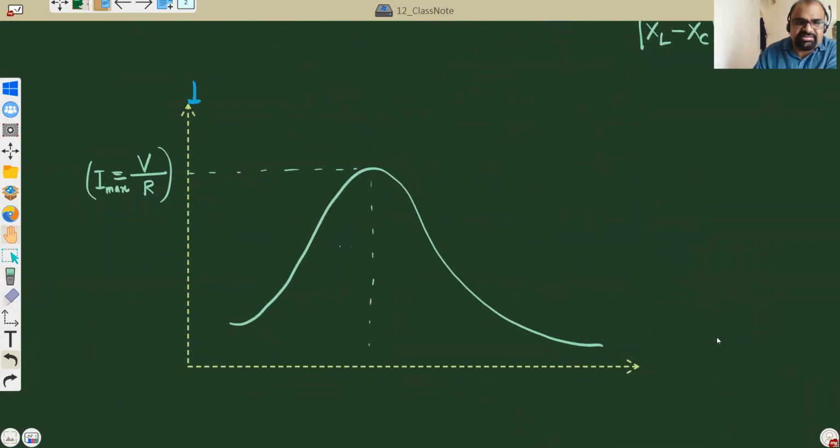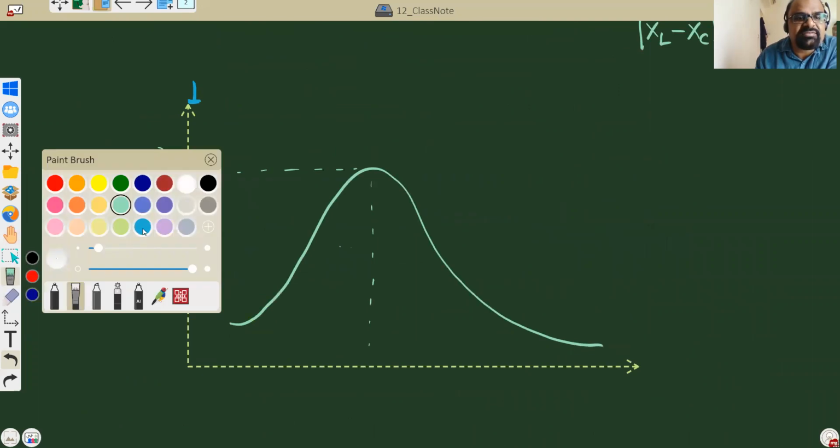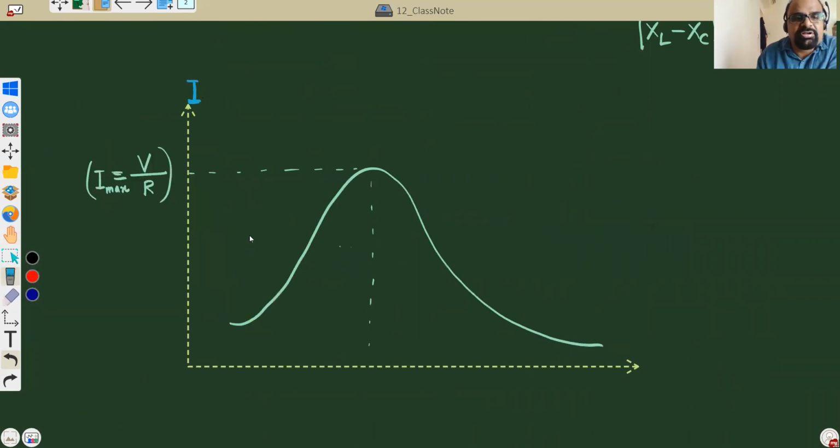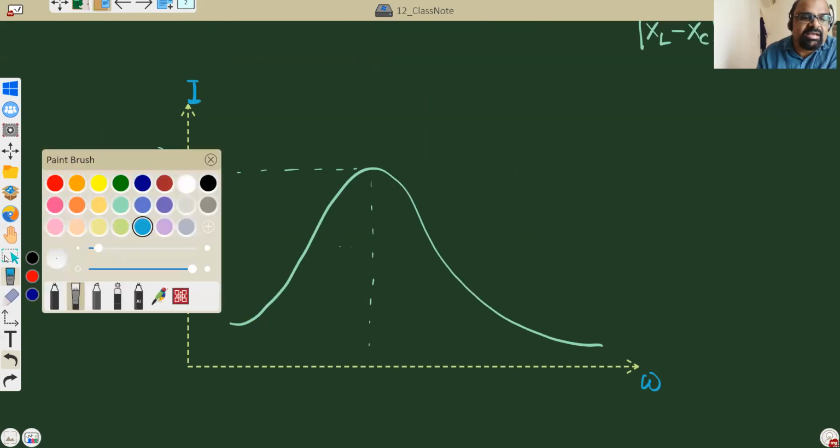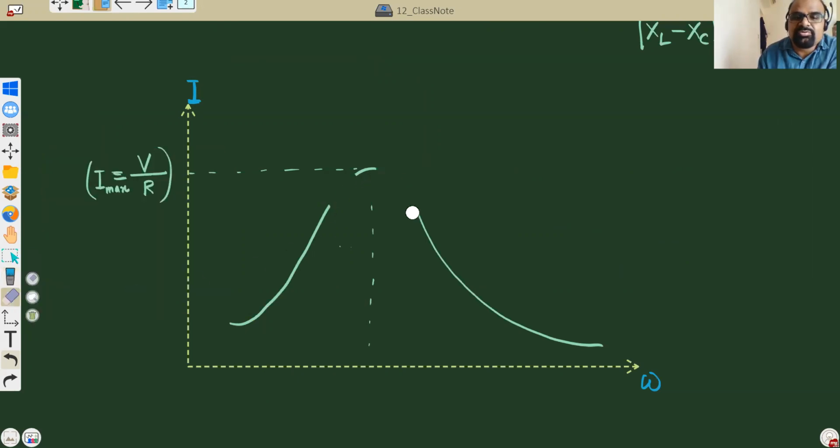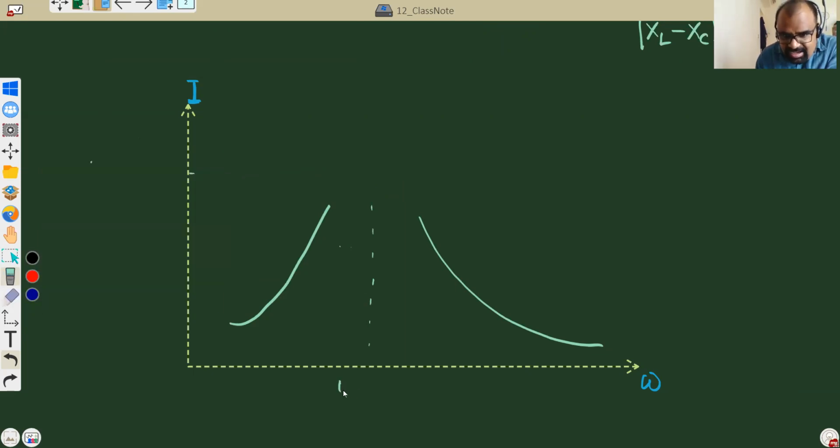Don't worry, everything will be clear in front of you. So we are drawing the I versus omega graph. Now listen, if omega is equal to omega naught,